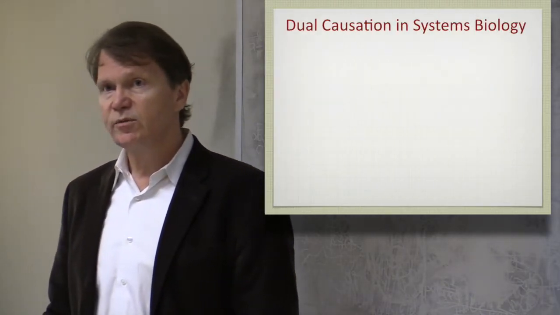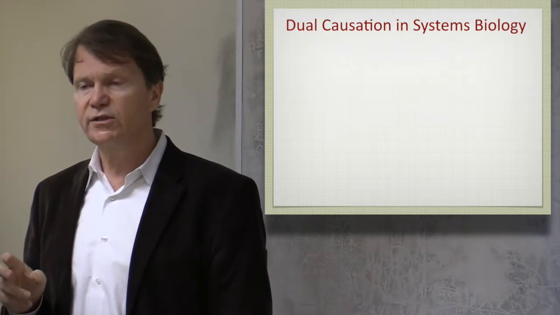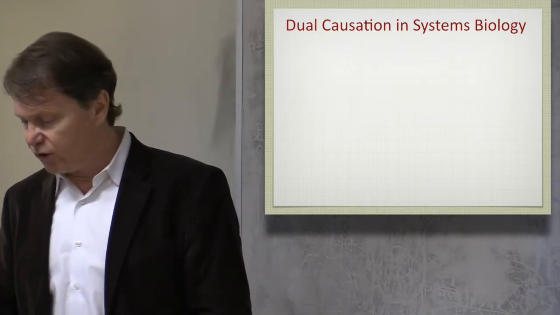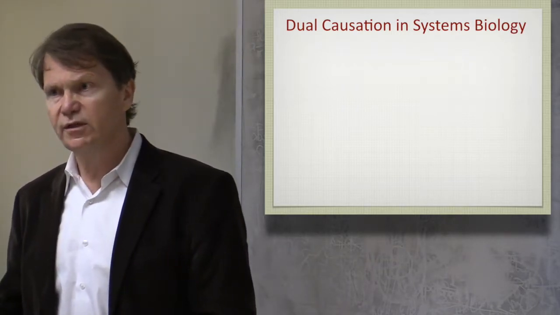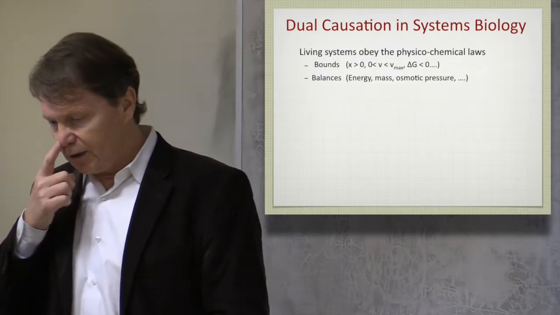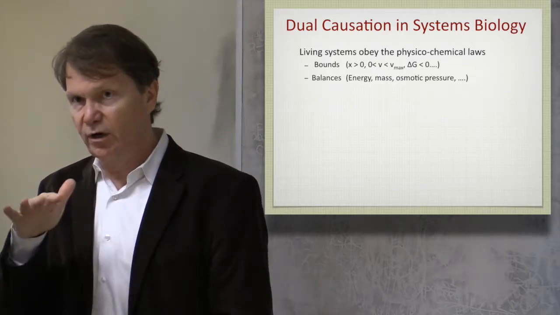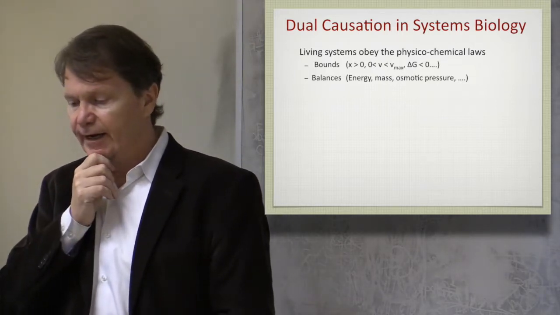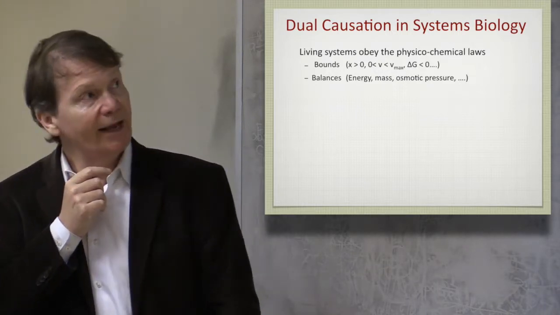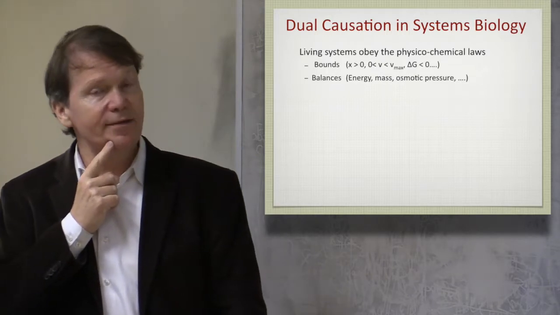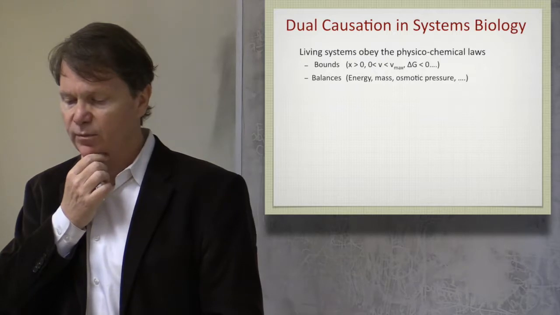Now, when we think about systems biology, we have to think about both of these types of causation. And we are stuck with building models that describe dual causations, both of these at the same time. So first, living systems, when they're operating in that phenotypic space, have to obey the laws of physics and chemistry. And when we impose them mathematically, they take the form of bounds, as shown in the first sub-bullet point there,